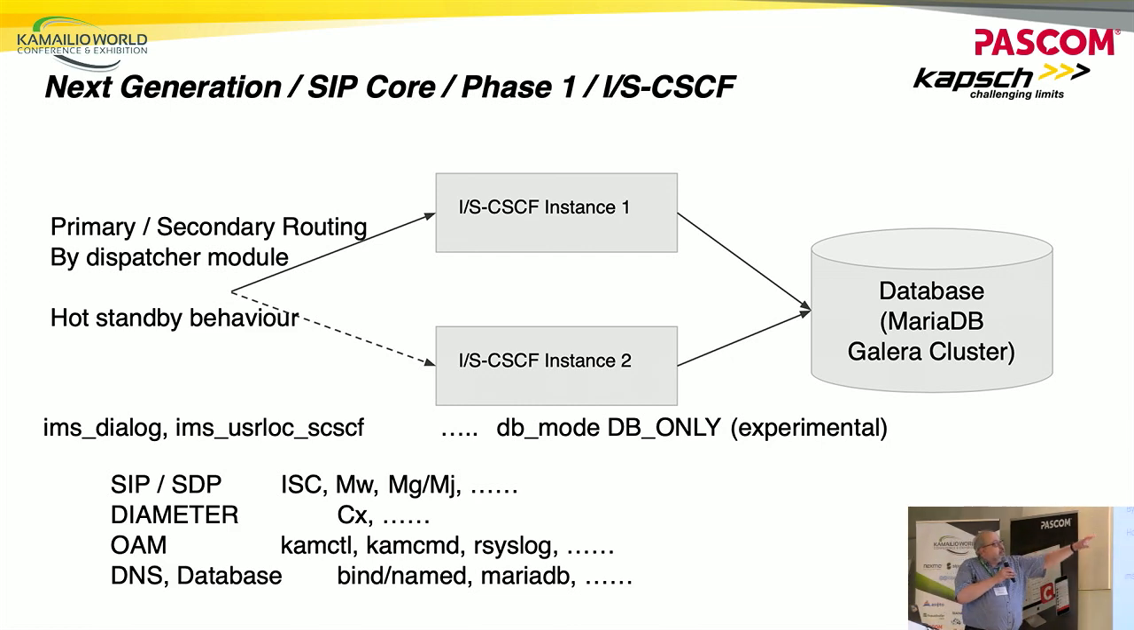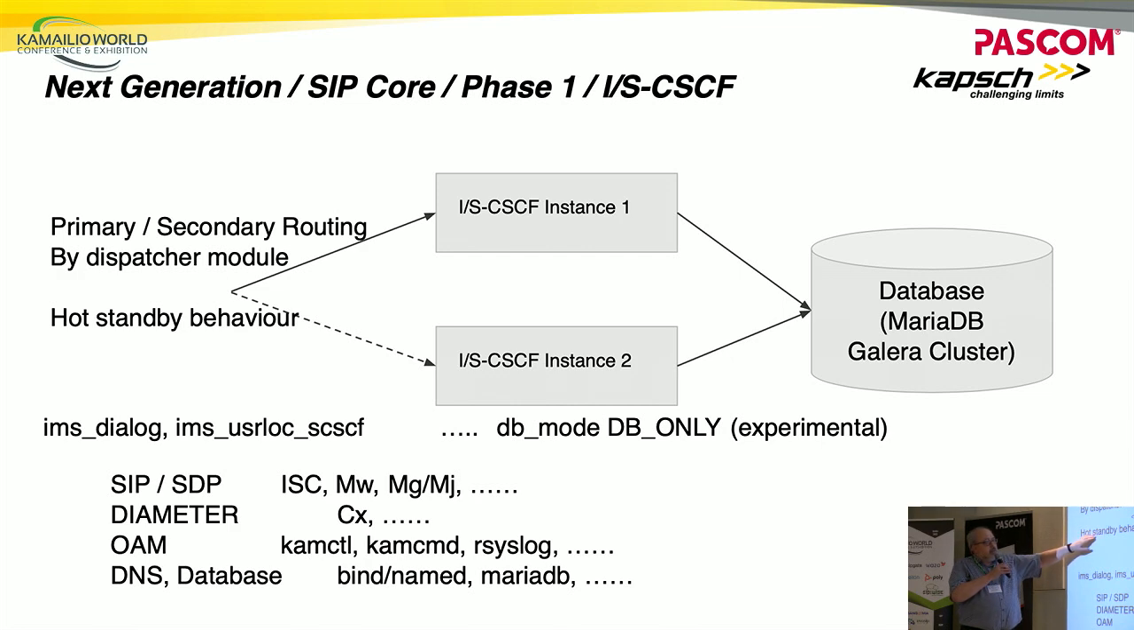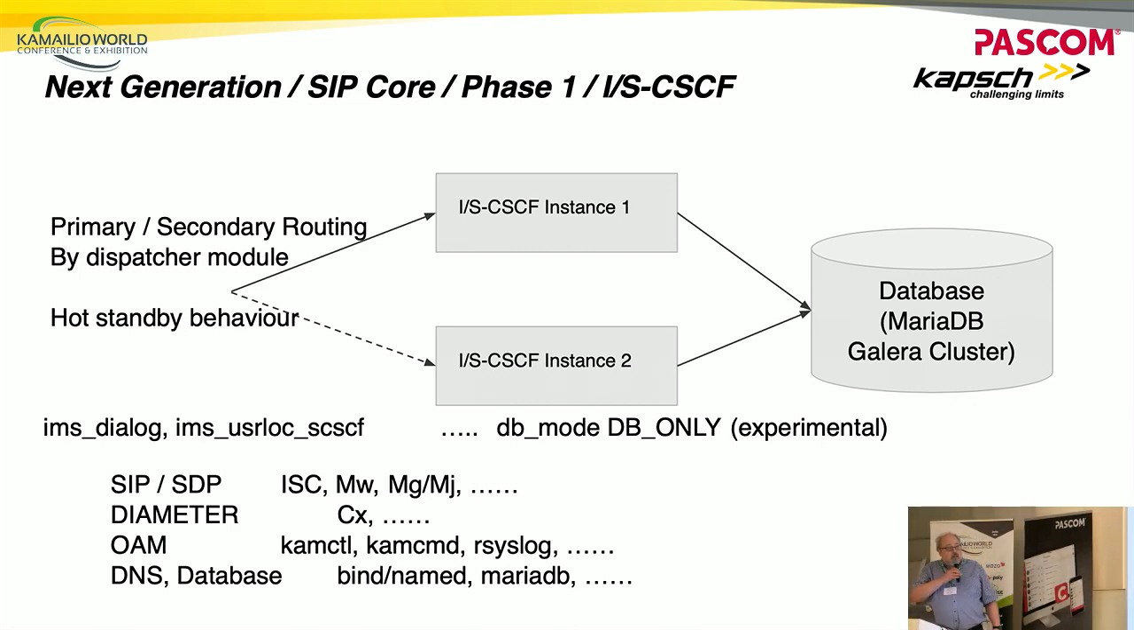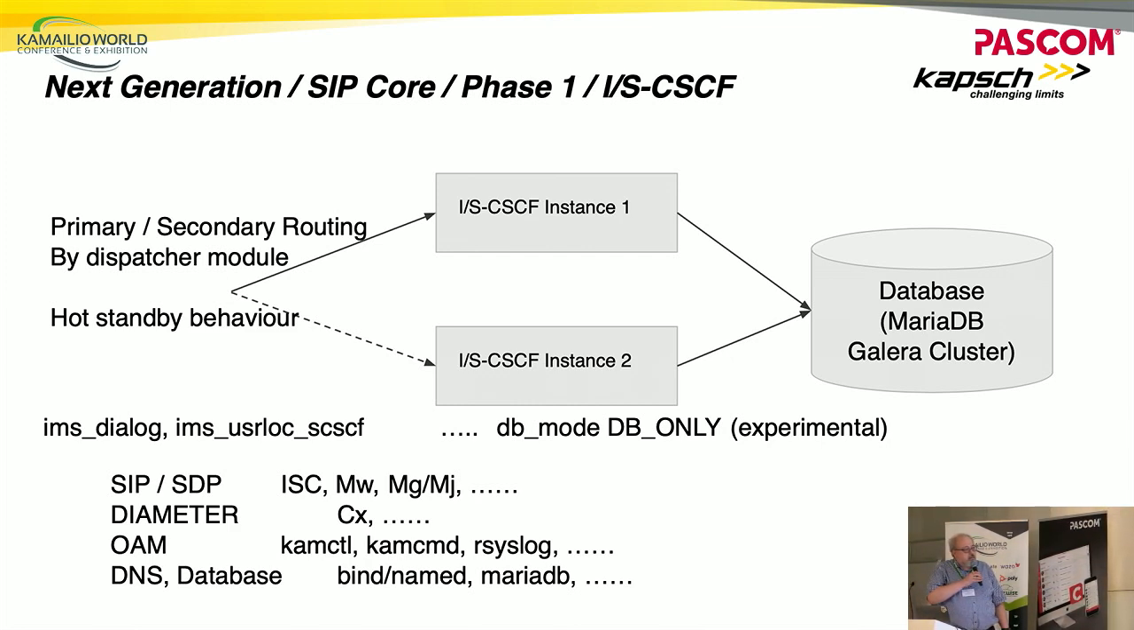We do a primary, secondary routing with the dispatcher module and achieve a hot standby behavior in this case. Therefore, we had to implement the database mode DB only. This was not present in the IMS modules. This is on the way. We use a highly available database cluster,